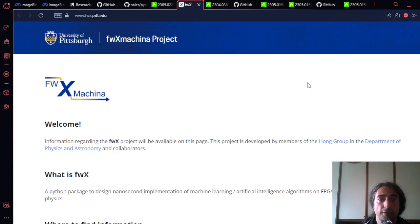Researchers at various institutions present FWX, a Python package with a new implementation of an artificial intelligence autoencoding algorithm used as an ultra-fast and efficient anomaly detector built with a forest of deep decision trees for field programmable gate arrays to be used in high-energy physics. The autoencoder in the tool is trained using